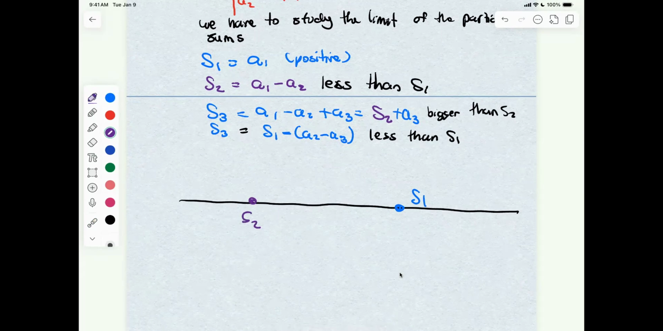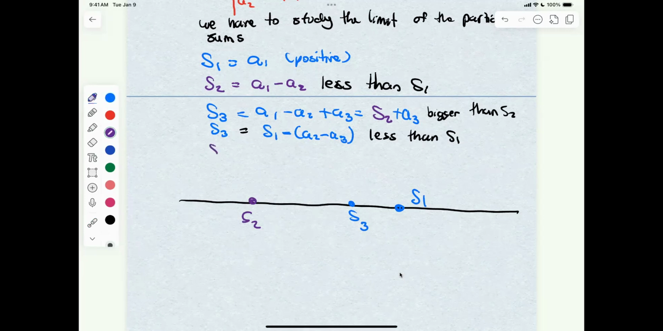And then the third partial sum, what can we say about the third partial sum? It's less than the first one, so it should be to the left, but it's also bigger than the second one. So it's actually going to land somewhere in here. Okay. Sorry, this should have been the third one. And just to do one more, to show you how the pattern is, I don't want